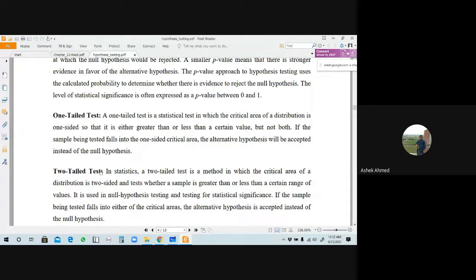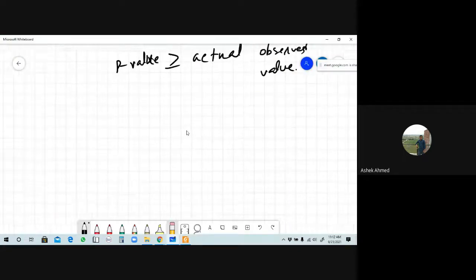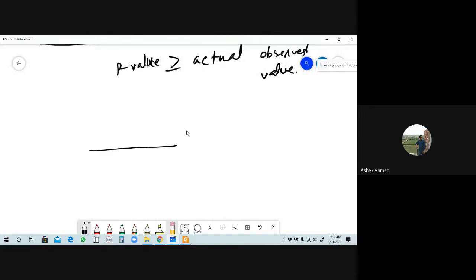Because when we sketch the graph of hypothesis testing, the graph of the normal distribution, we know the graph of normal distribution is this form. Is it right? But in that case, if you imagine a null hypothesis, mu is less than, at first if you write mu is greater than z suffix alpha, and another. So tell me, if the null hypothesis is mu is greater than z suffix alpha, what will the alternate hypothesis be? Tell me, respond.